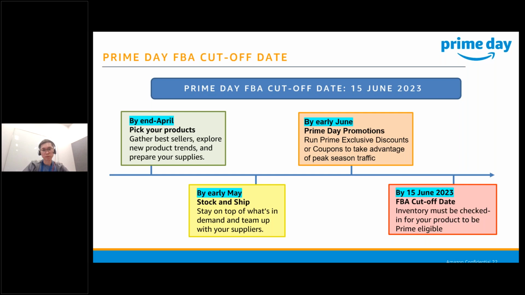Especially new sellers, you should try to finalize a selection of products that you wish to sell on Amazon, which by right you should have done in like April already. So now we are already in May. Just so that if you look at the date, you will have sufficient time to liaise with your supplier and your manufacturer and send in before the cutoff date.